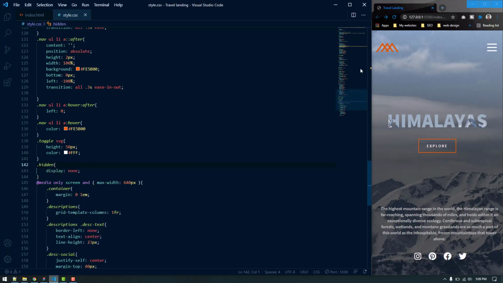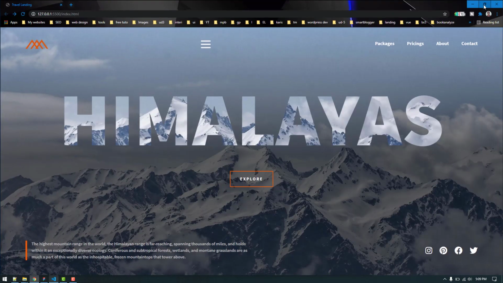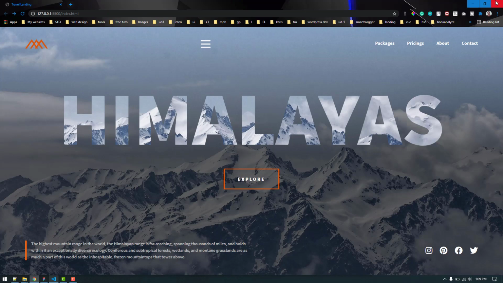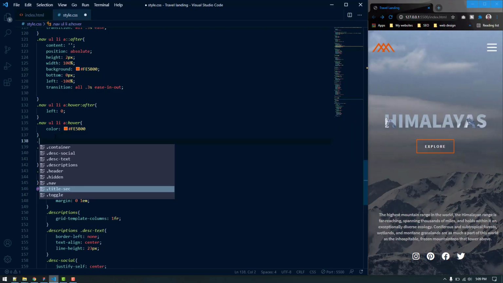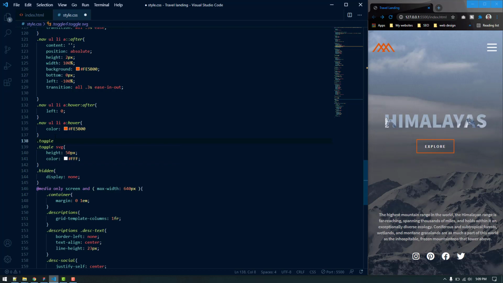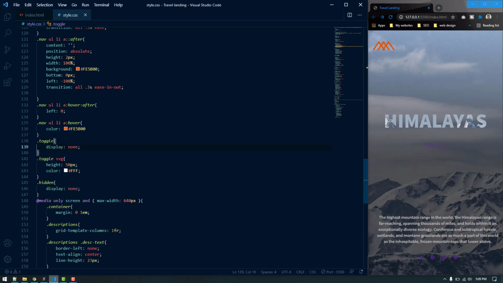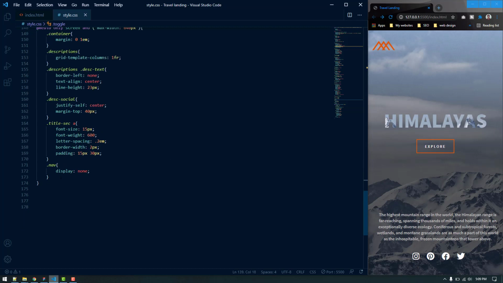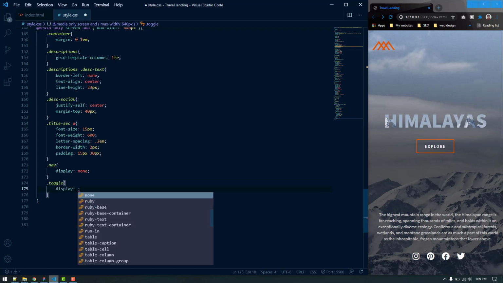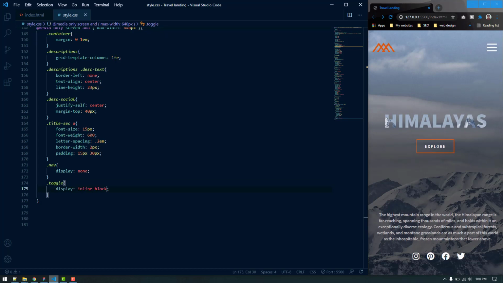Let's save, and it is invisible. So everything is fine now, but for larger size displays we don't want the hamburger icons here. That's why we are going to make it display none. But for this size, inside this media query we want the toggle display inline block. Now it is visible.